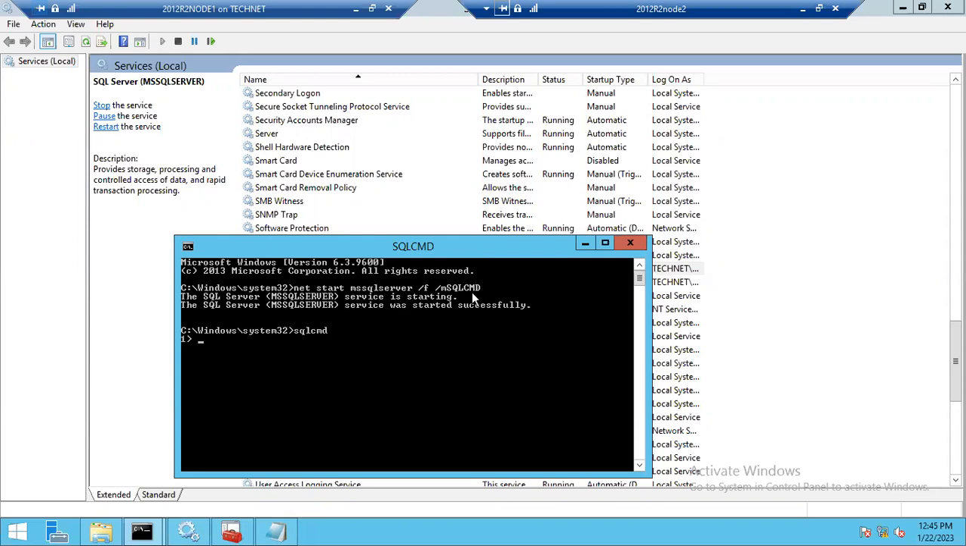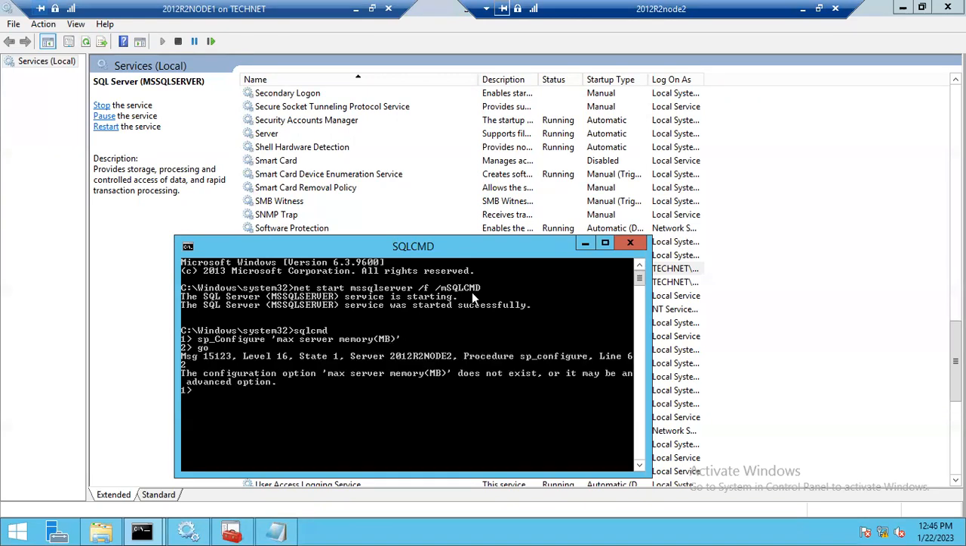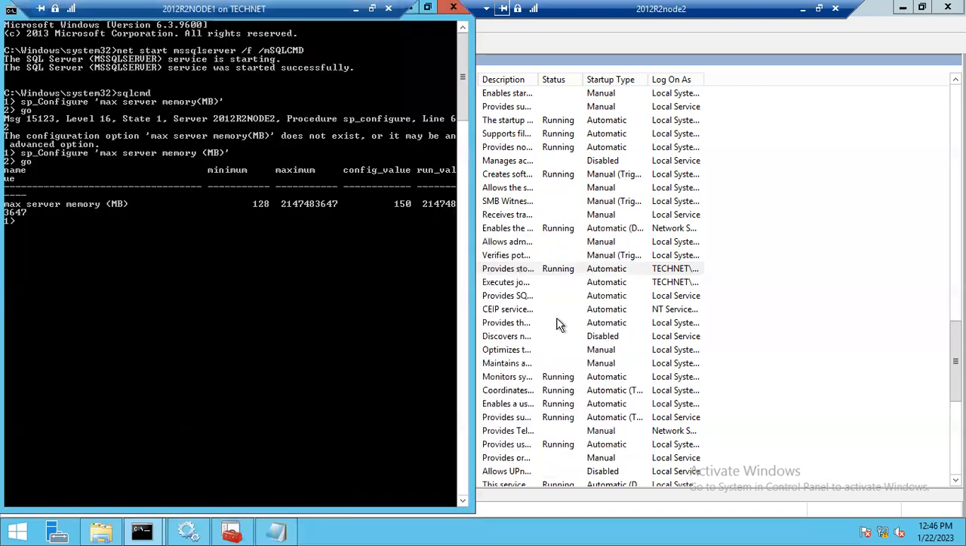Now let's understand the configuration. What is the memory configuration? sp_configure 'max server memory (MB)'. I think this is the query, and you'll have to hit go. Okay, the configuration of max server memory. Let's see. And if you see here,